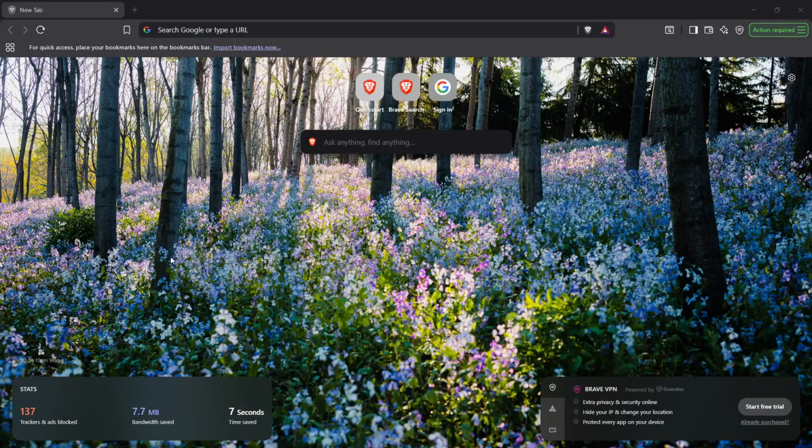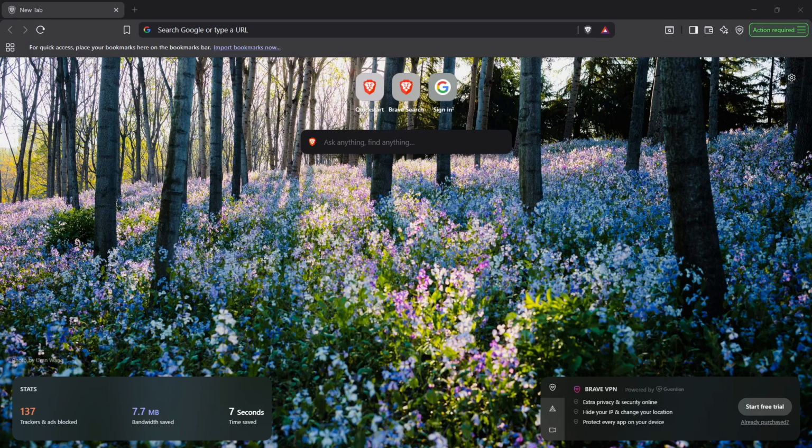First, let's get started by opening the Brave browser. You will see the familiar interface with your bookmarks and the home page set up. It's essential to ensure you're using the latest version of Brave for the best security and performance. This step is crucial because using an updated browser helps protect your privacy and enhances your browsing experience. Once you have the browser open, you'll be ready for the next action.